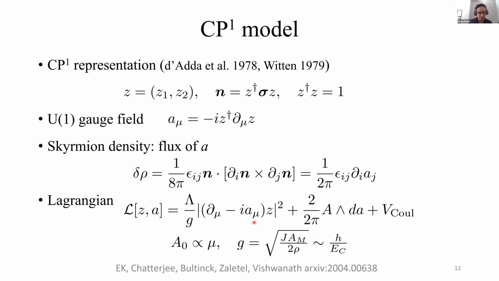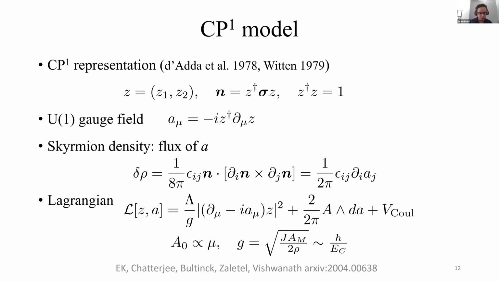Two important things to note here. So I here replaced the chemical potential with just a background gauge field. So its zeroth or time-like component is the chemical potential. And you see here that there's this prefactor of 2, which precisely captures the fact that a 2 pi flux of A carries a charge of 2 under the background field.